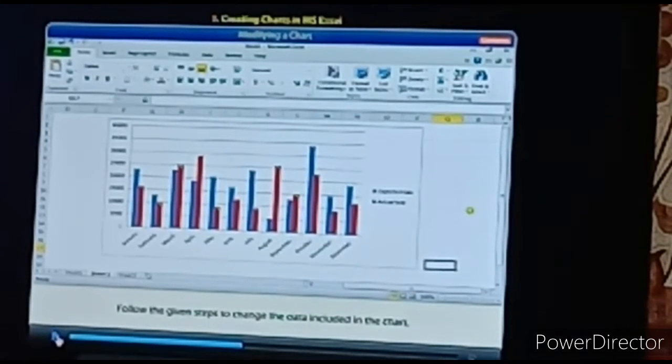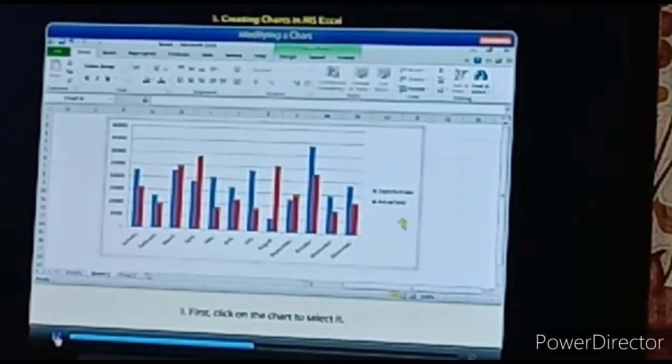It will be having too many sheets. Sheet 1, sheet 2, sheet 3, like that. That's why it is called a spreadsheet. We can add any sheets here or we can remove the sheets that were available here. So that is how we can move it. This is what is called moving of the data or modifying the chart.